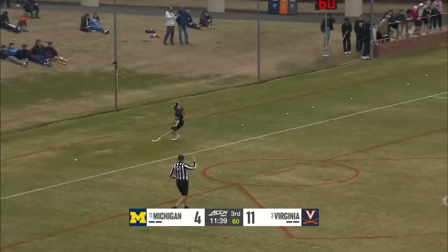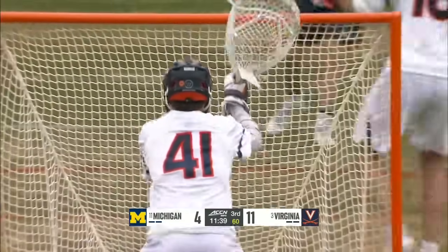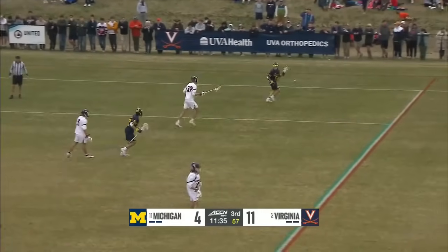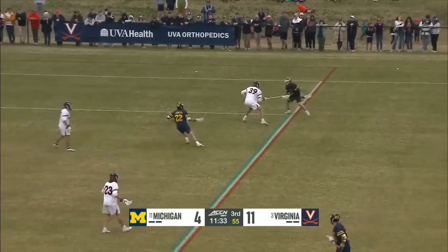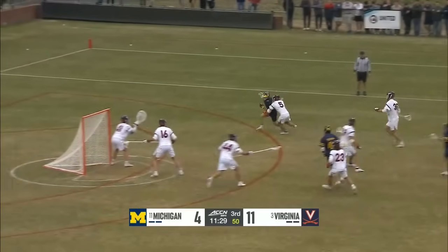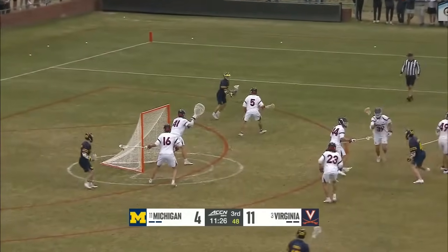Nunes continued his sharp play. It's great in the first half, great to start the second. I had Matt on my podcast over the winter, and he talked about Kevin Kessenich, the new offensive coordinator, and the impact that he's had